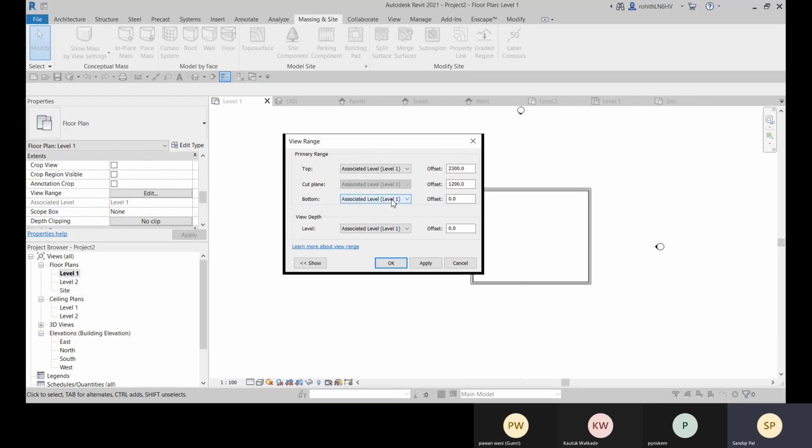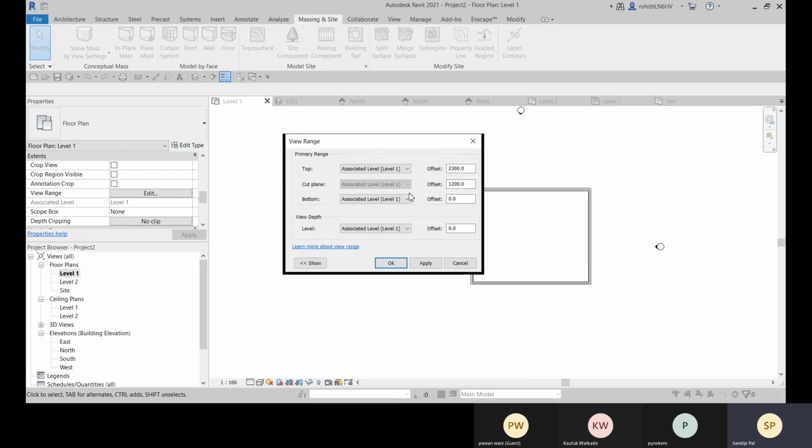So from that level 1 exactly it will start, that is the bottom. Here we have this cut plane, and the cut plane will always be associated with this level 1. You cannot change this, but for the top and bottom we can change it.